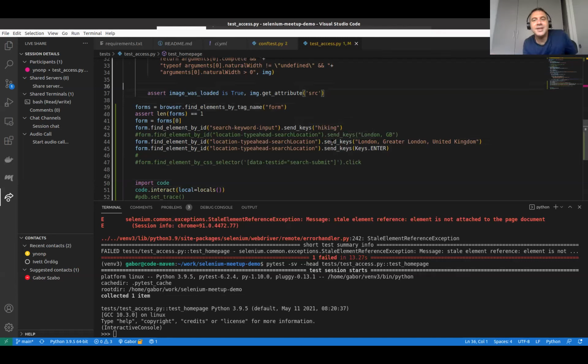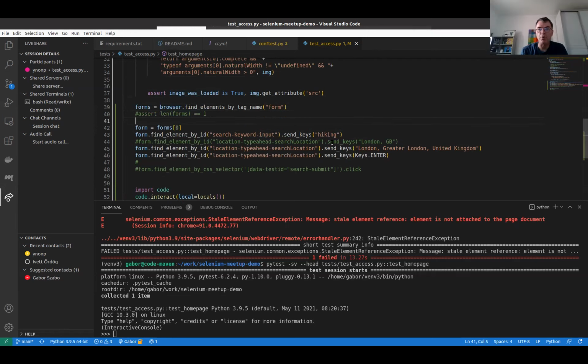Okay. So it doesn't help. You wanted to have this test only to check. I don't think you need this, because we see that sometimes we have two forms. It will be nice if we could somehow find the right form, but I'm not sure what the characteristics of this right form are. I would definitely at this point say if there is more than one form, then somehow print them out. I would just comment it out.